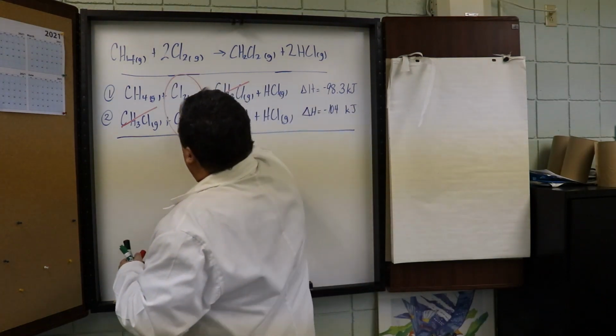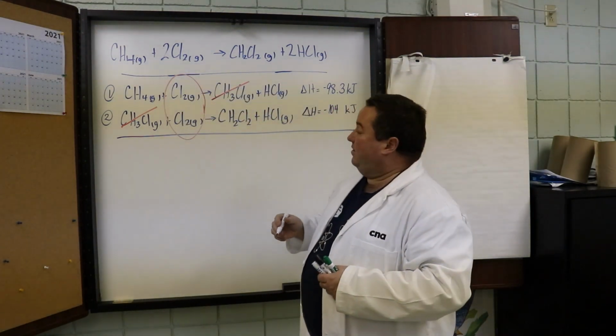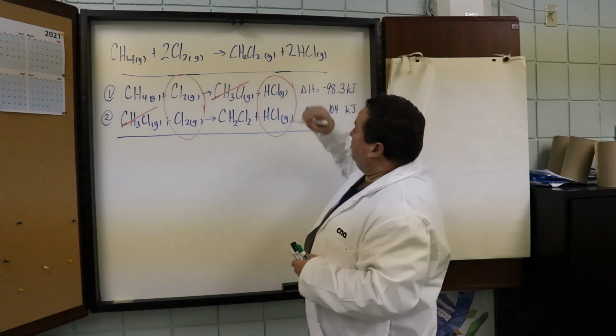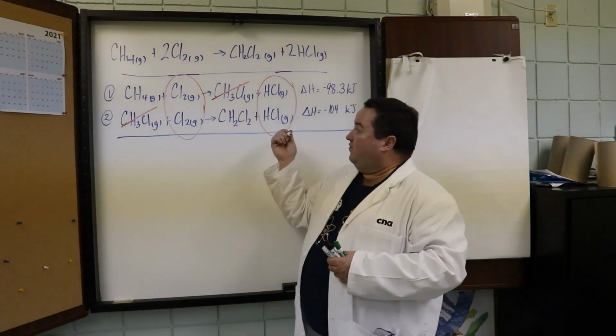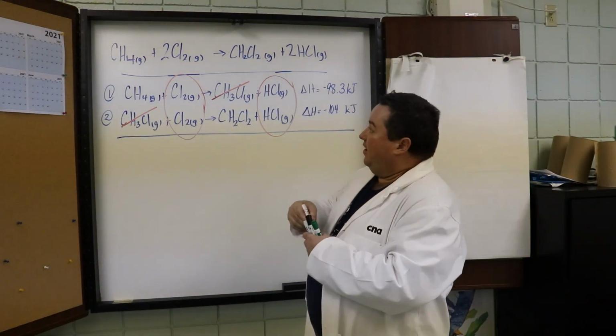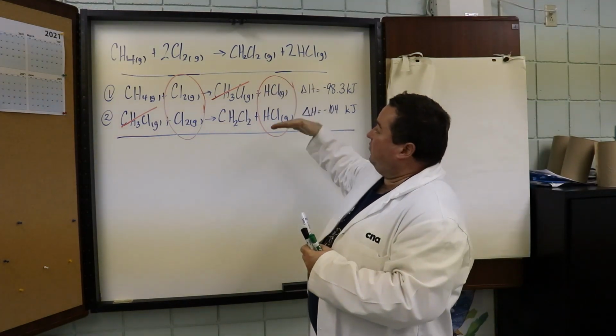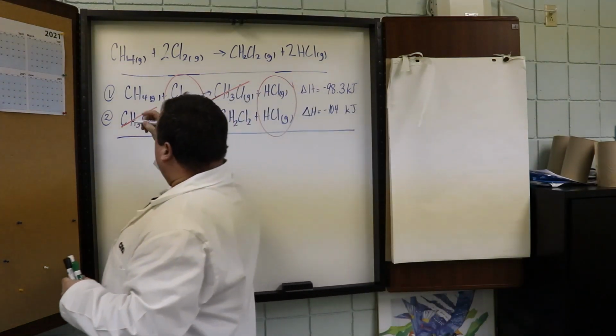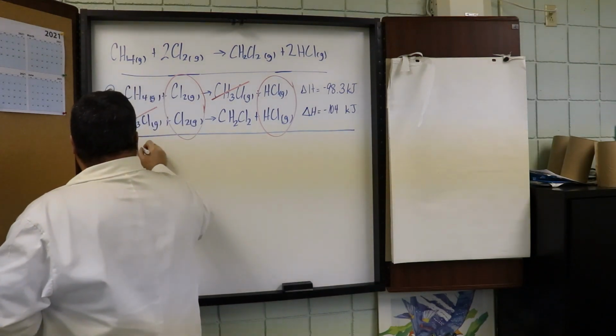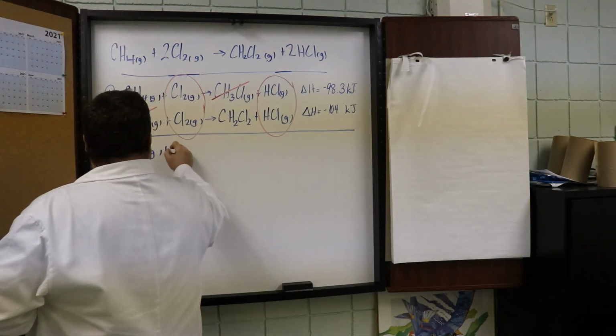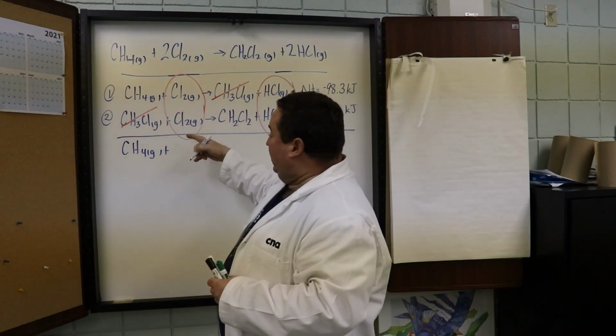Chlorine that occurs on the same side would be added together. Also, HCl gas, which occurs on the same side on the right, would be added together. If we add these two reactions together, these two steps, we get methane, CH4 gas, plus the 2 chlorine,